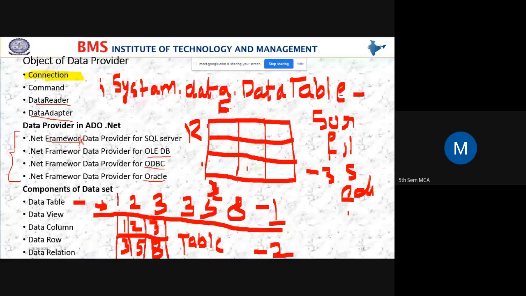For navigation, we use this data view. With the help of this data view, we can view the data in the form of a table.